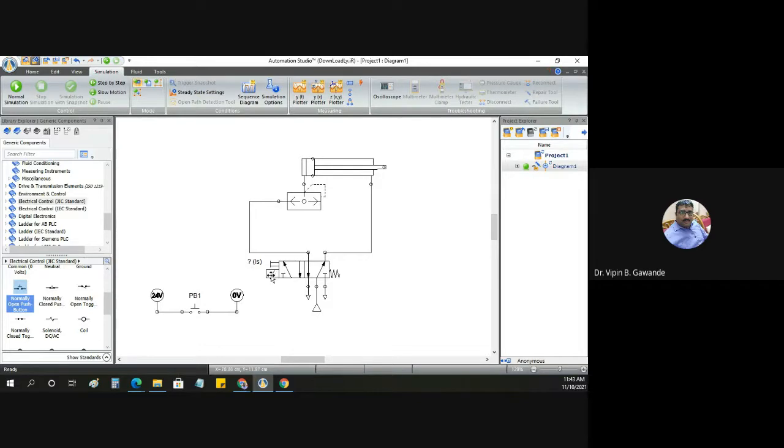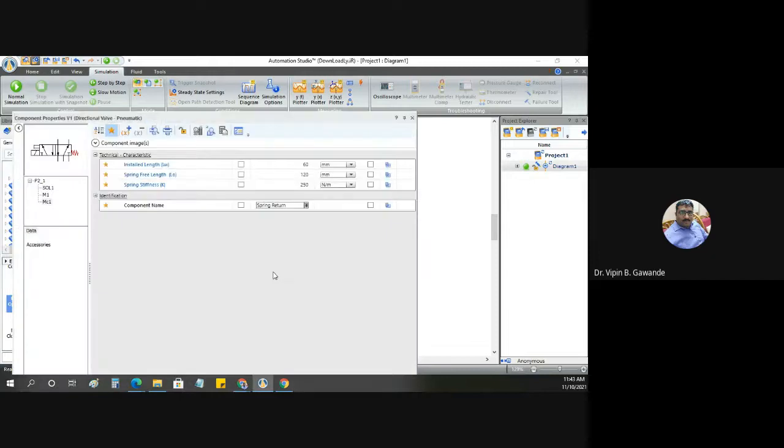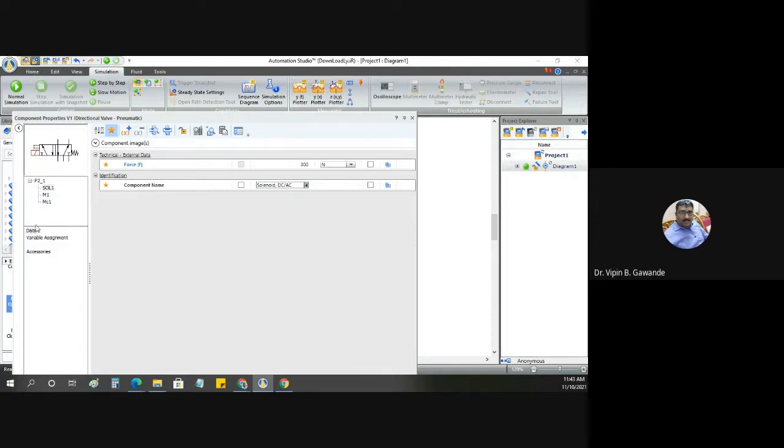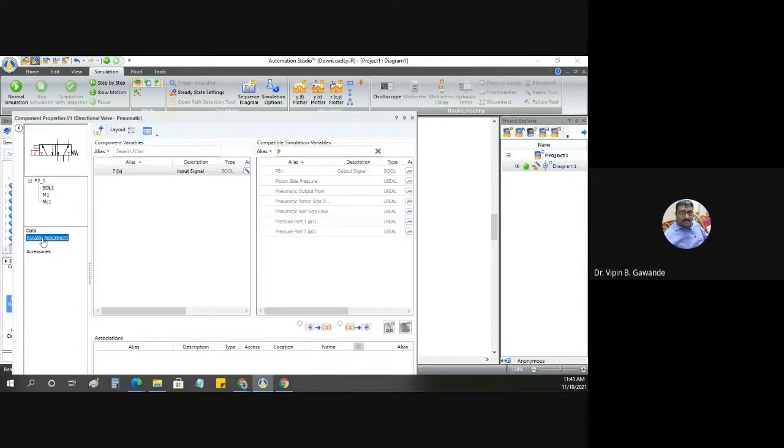So how to connect that one? You click on this solenoid, this valve here. So this is the solenoid. Now go to the variable assignments. Here a question mark is there. You have to click on PB1.